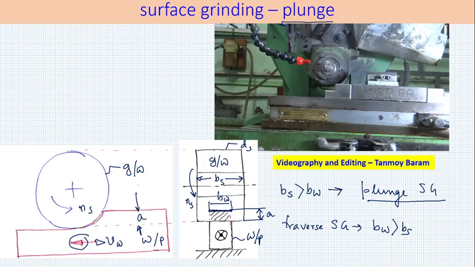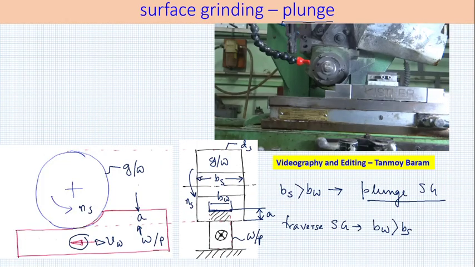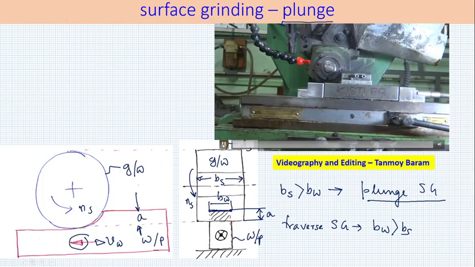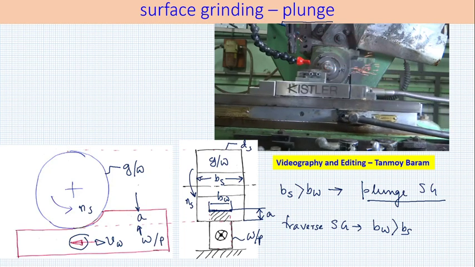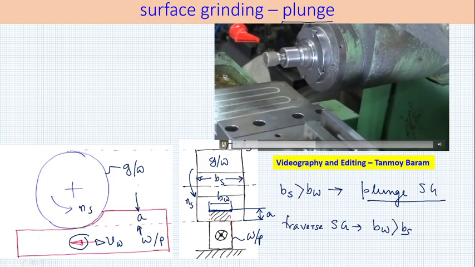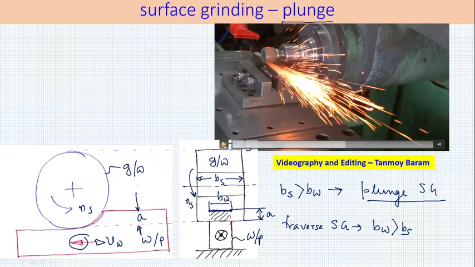This video we have seen earlier. Once again, if you look at it today with this knowledge, you would be able to appreciate it better. Let me stop the video at the exact point. Here, if you see, the width of the job and the width of the grinding wheel are different.